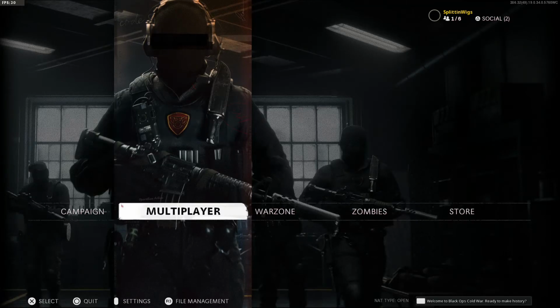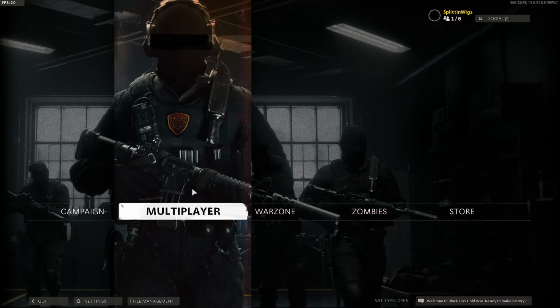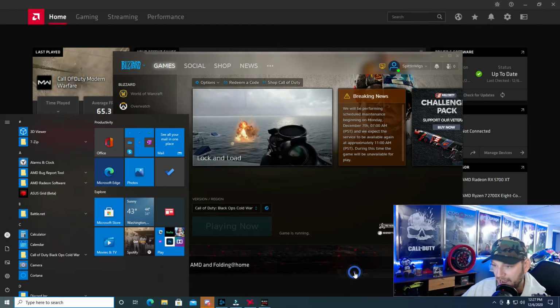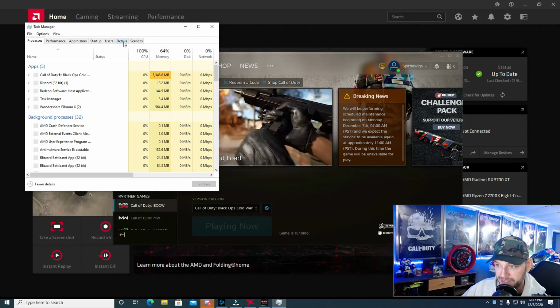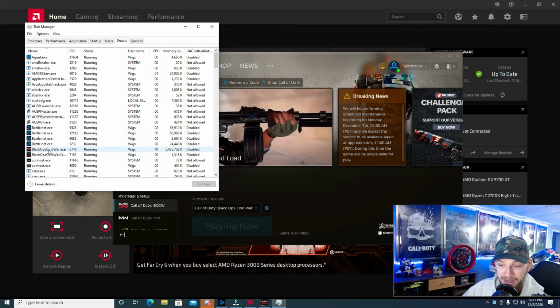Let me show you one more thing here that you do while the game's open. You have to do this while the game's open. You hit your Windows button. You go down to the toolbar, right-click, go to Task Manager. Then you go over to Details. And then you scroll down. You can do this for Black Ops Cold War or almost any game. You find the game,